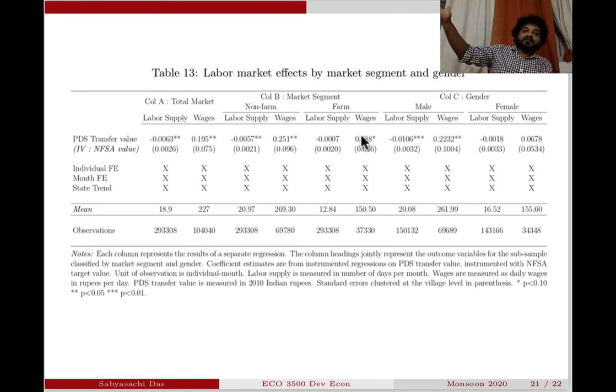So the farm sector would have to increase wages to maintain their labor, right? In equilibrium, you may see that the equilibrium labor supply in the agricultural farm may not be changing, but you see wages going up just to match the increase in the non-farm sector, to stop the agricultural farm laborers from migrating to the non-farm sector. So that's the interesting part. Even the people working as agricultural laborers are gaining from this, because the non-farm wage has gone up.